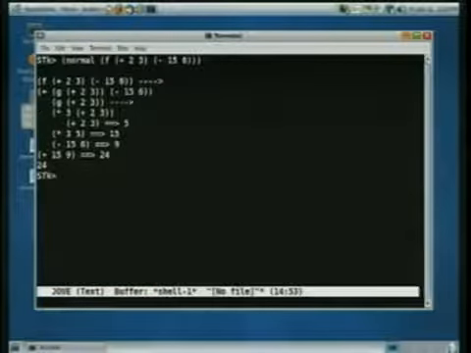Times is a primitive, so now I figure out what plus 2, 3 is. It's 5. We do times 3, 5. That gives 15. Minus 15, 6 is 9. 15 plus 9 is 24. I get the same answer in a different order. OK? So if we get the same answer, what difference does it make? Well, here's a case where it makes a difference.